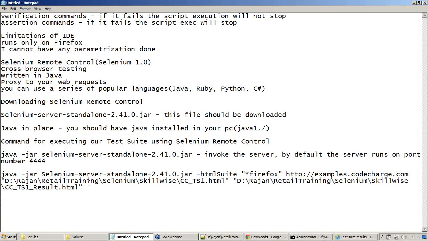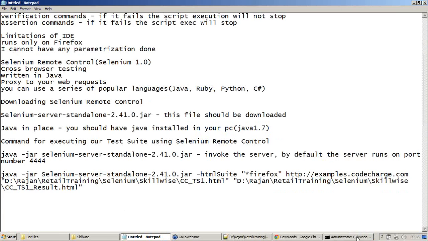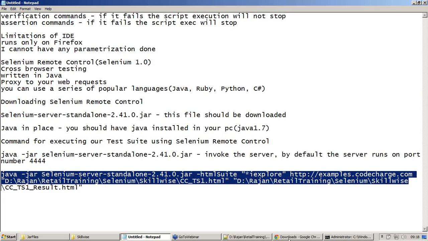Now what if I want to execute it through IE? Let us try that one. I just named the browser as iexplore.